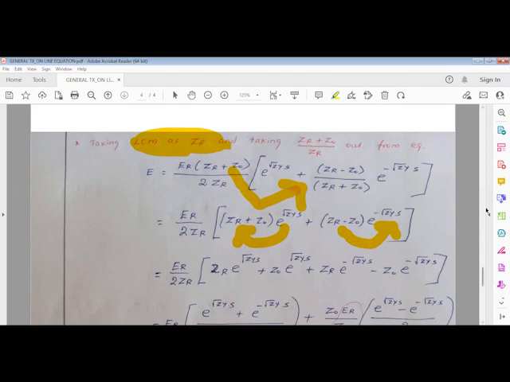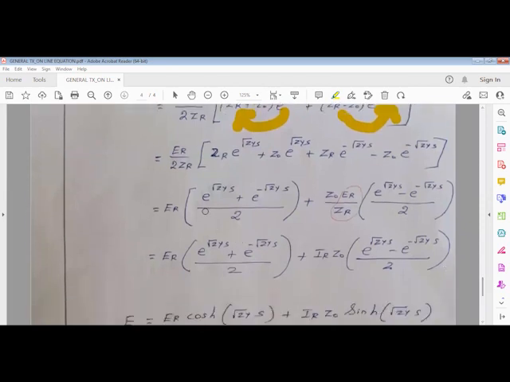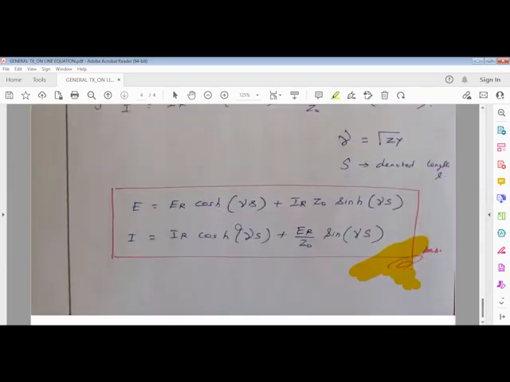So we can rewrite this in terms of sine and cos. So here e power root of zy s plus e power minus root of zy s divided by 2, we can rewrite as cosh. Likewise here we can rewrite this by sinh. So it is the final equation of the transmission line. From this equation, we can find the voltage and current at a